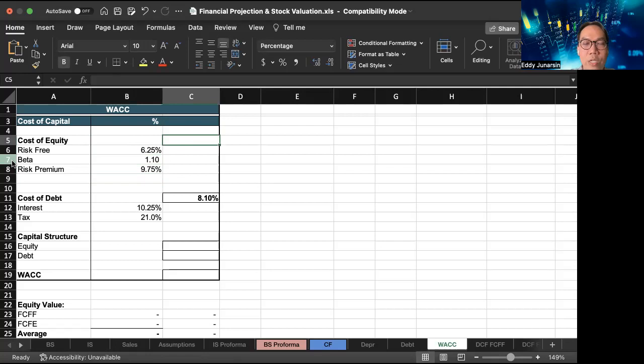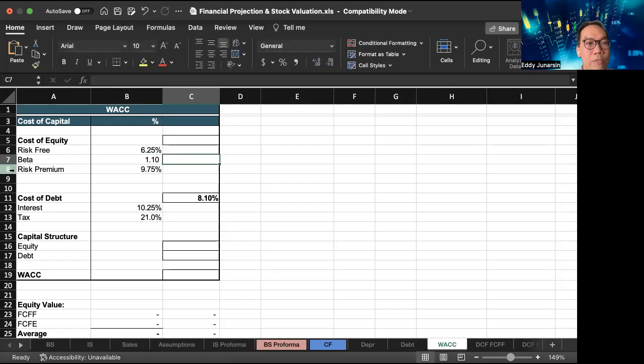Now the cost of equity using the capital asset pricing model. Again, we are not focusing on the cost of capital, so I'll just try to be quick here to estimate the cost of capital. If you're interested, review the video on the cost of capital. We talk in detail about cost of debt, cost of preferred stock, cost of equity, and how to estimate beta and some other things there. So this example, I'll just go through it quickly. Cost of equity using the CAPM, capital asset pricing model, should be the risk-free rate plus the